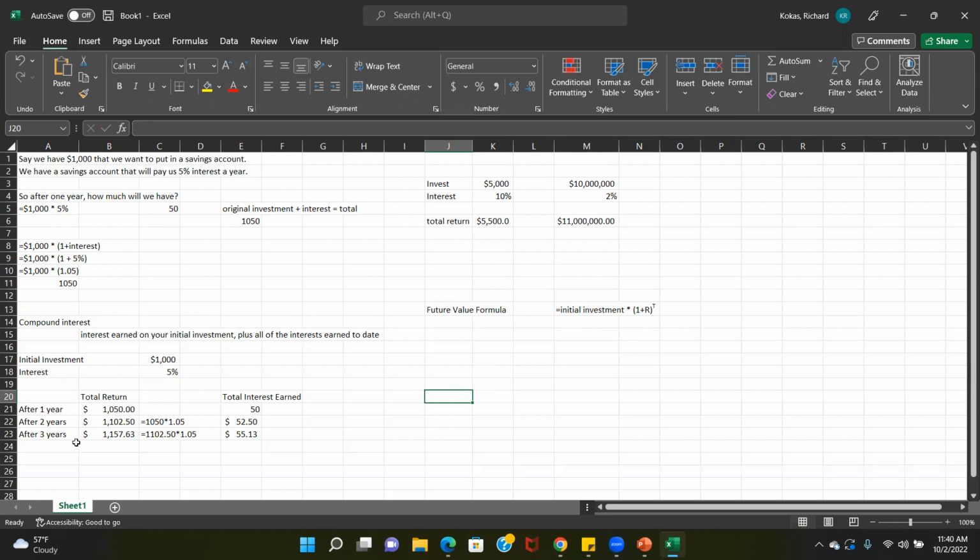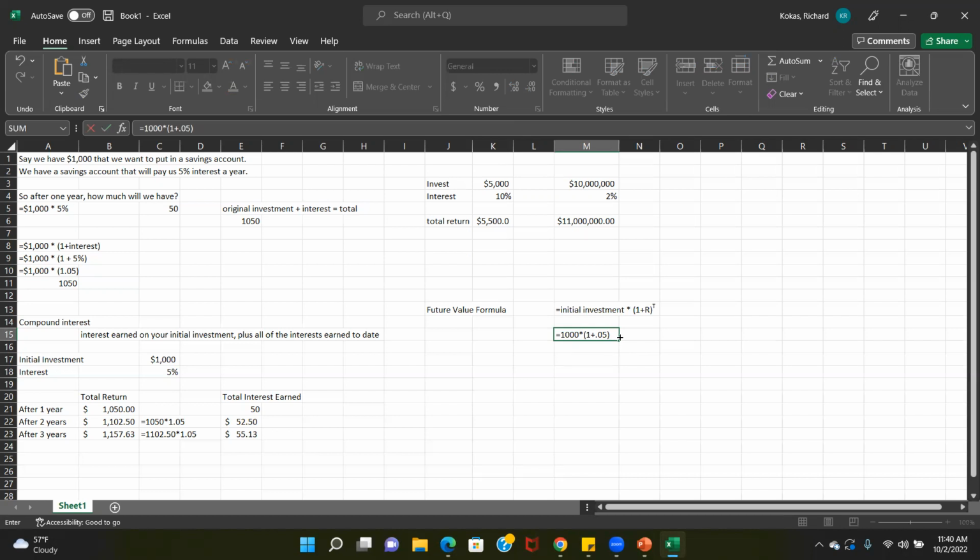So let's put this in. Let's see if it works. We just did it. We got to 3 years total. So say we want to find out how much $1,000 is worth at 5% interest for 3 years. So we're going to do equals our initial investment, $1,000, times, in parentheses, 1 plus 0.05, close the parentheses, raise it. Okay, so to raise it in Excel, you do,